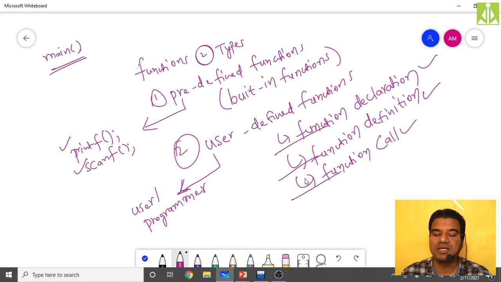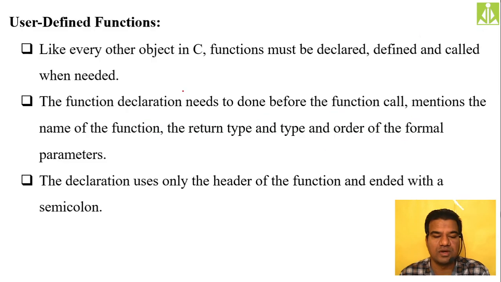Okay, all the things we are doing. That's the reason why we are calling them user defined functions. Everything, function definition, function declaration, will be done by the program developers over here. In case of predefined functions, we are doing only the function call. So that's the reason why we are calling them predefined functions. Hopefully you understood. So user defined functions, as I said, we as a programmer, we have to do the declaration, definition, and initialization. That same thing you will read from this first statement.